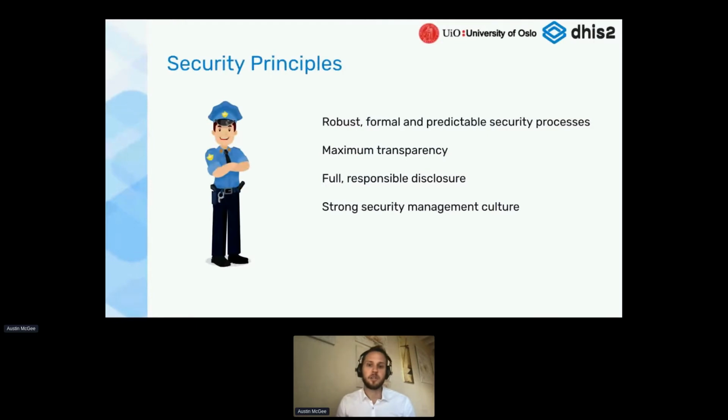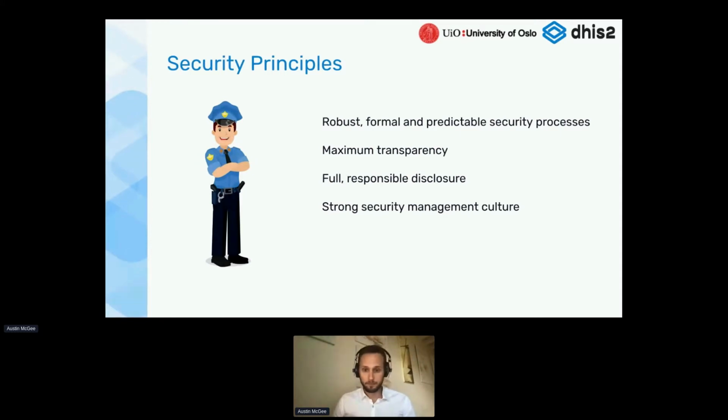In line with that, we also endeavor towards full responsible disclosure. This means, and in this case I'm particularly speaking about a technical security vulnerability, I'll talk about other pieces of security a little bit later in the presentation, that when a vulnerability is discovered in DHIS2, instead of sweeping it under the rug or fixing it and not telling anyone, full responsible disclosure means that we will publicly declare that this vulnerability existed, that it was fixed, and that these were the processes that we followed